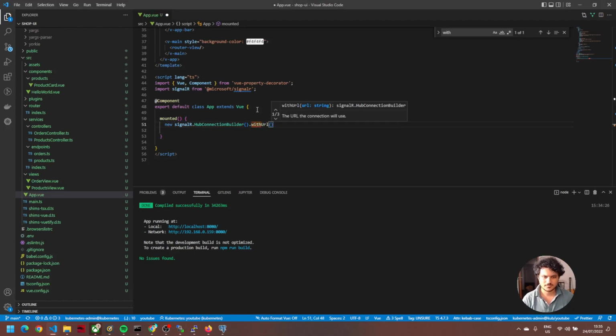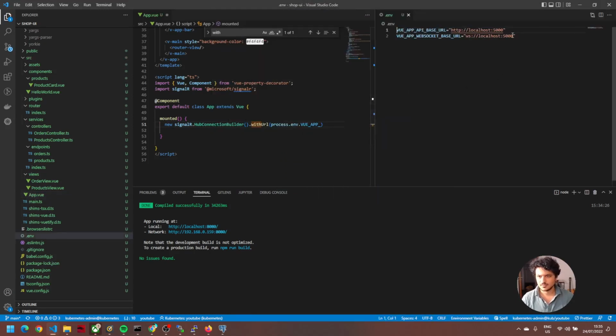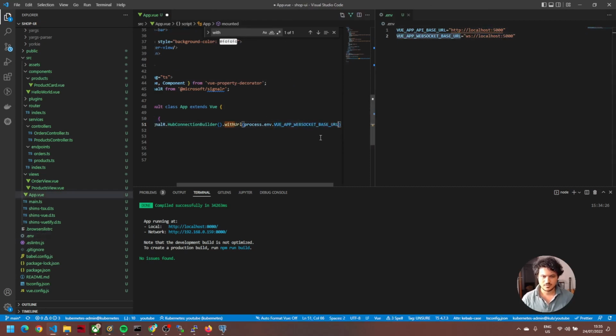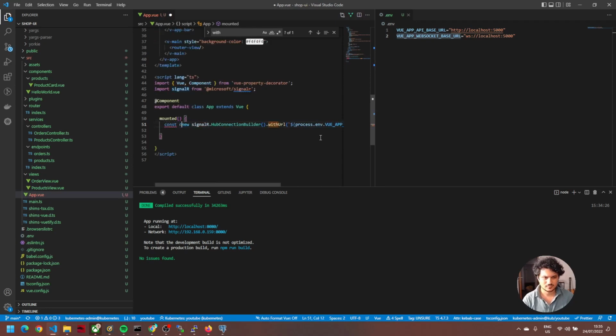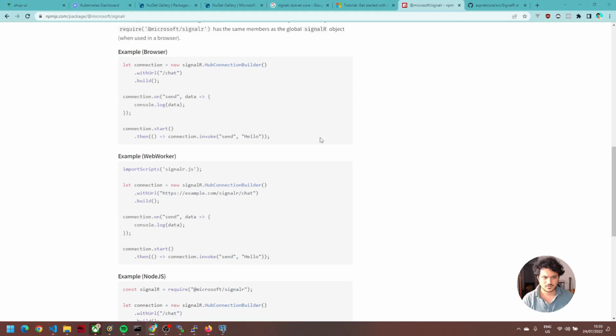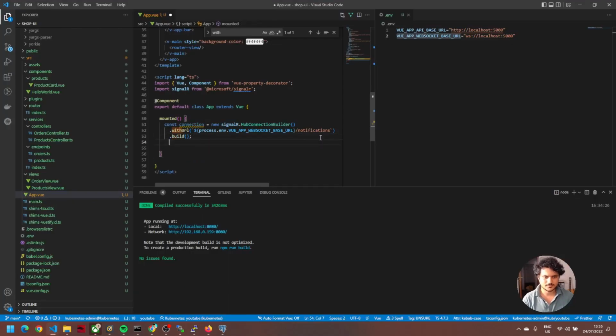With URL, process.env.VUE_APP_ENV and notifications, connection, and that build connection.on